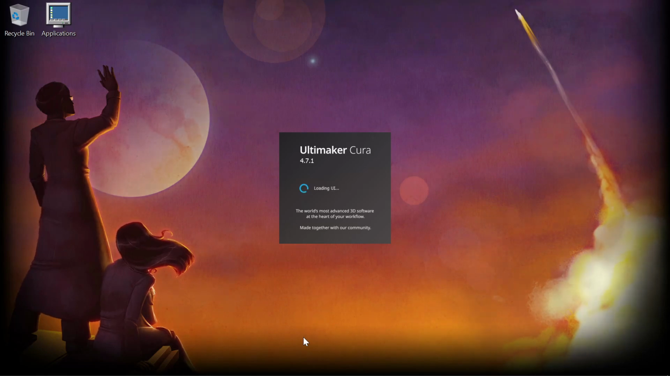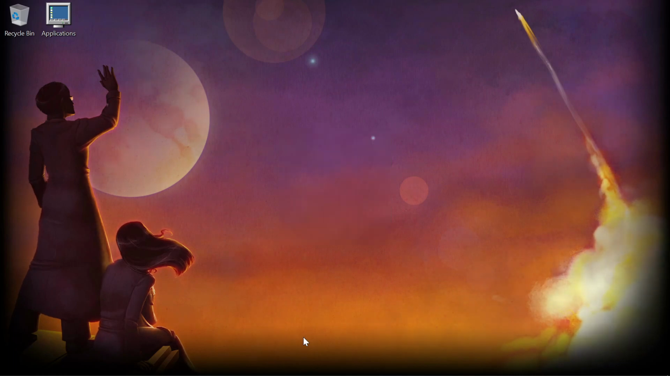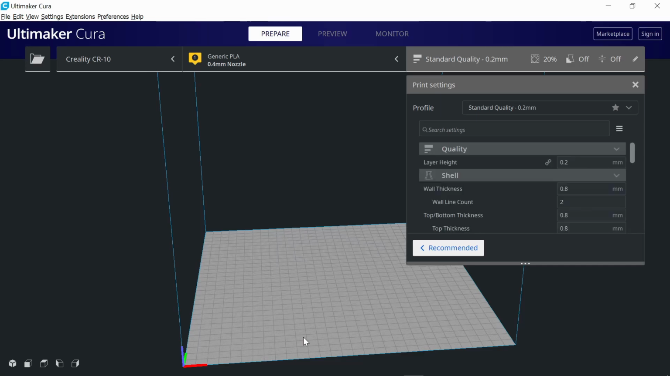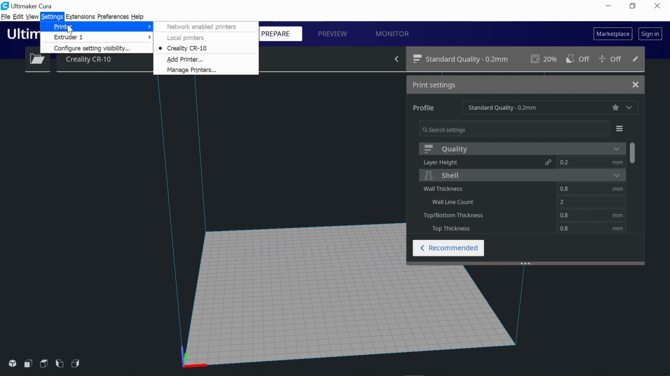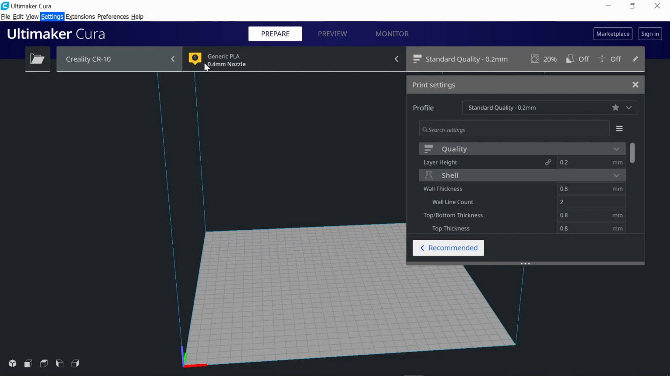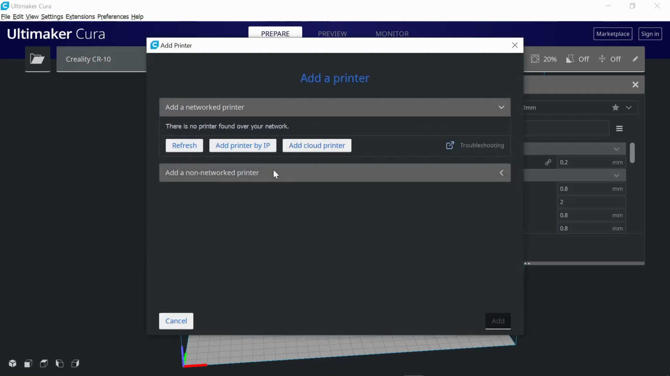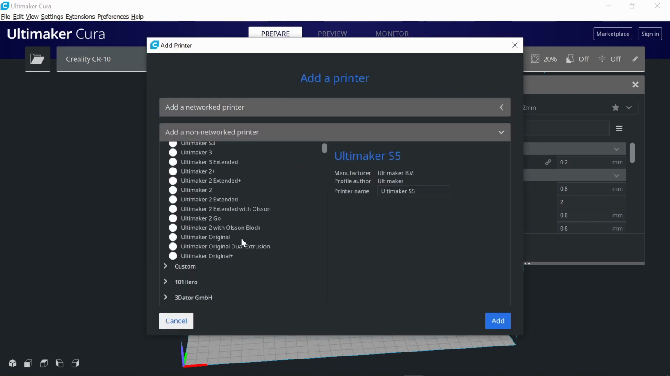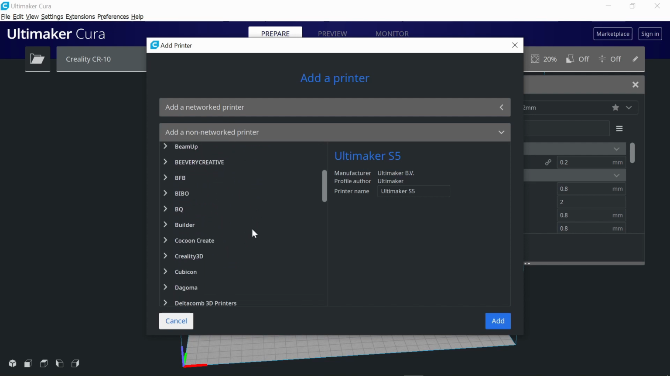So let's get the startup first. Cura is owned by MakerBot or Ultimaker. MakerBot is actually the most commonly used, so I have it on dark mode right now. So if I go to File or Settings, I can add a 3D printer, and you could do an internet-based or a non-internet-based one. So let's say I have a